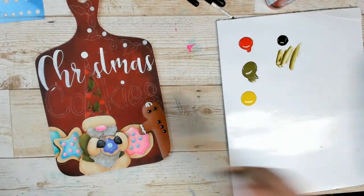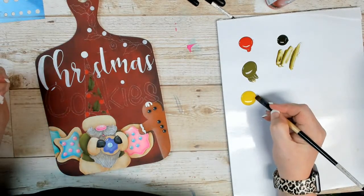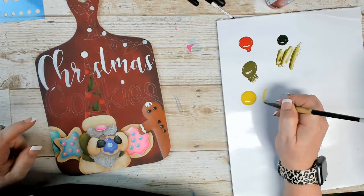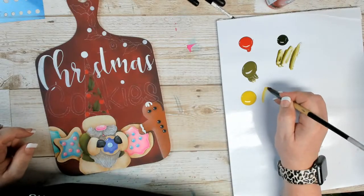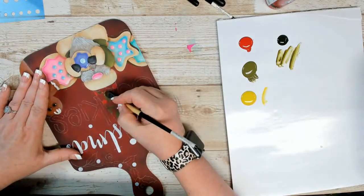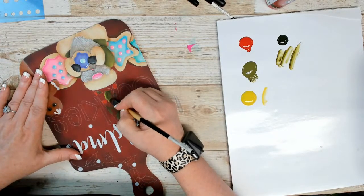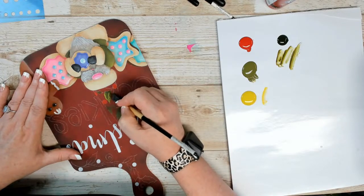Every once in a while. So I'm going to use that same highlight color we used on that robe, that sprout. And I'm going to load the brush up. And this is going to be my highlight color. So on those points and opposite that shadow down the center vein,